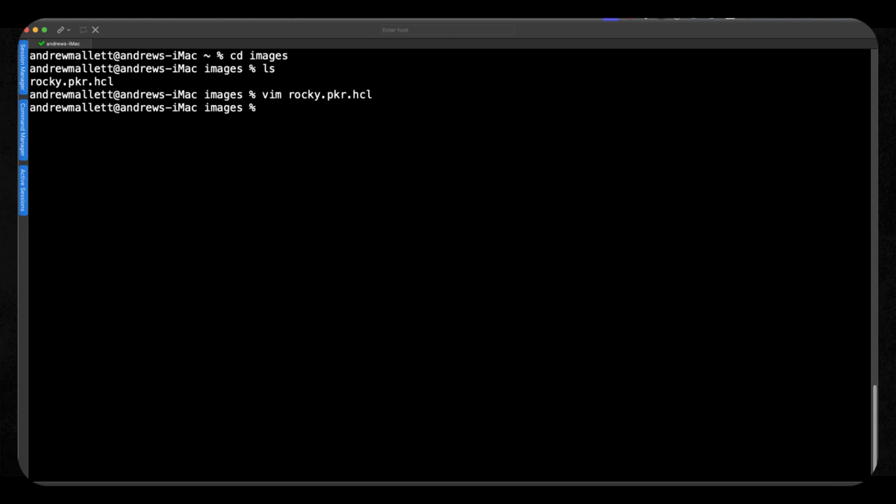Now we can go through the rest of the file, but if I jump out of the file now, to ensure that we have those plugins installed, I can use the command packer, and then we just need to run init, and then reference our configuration file. I can use dot to say, look in this directory for all .hcl files. Now it's coming back with no output, so that just indicates that I already have the plugins installed, so I am good to go from the plugin point of view.